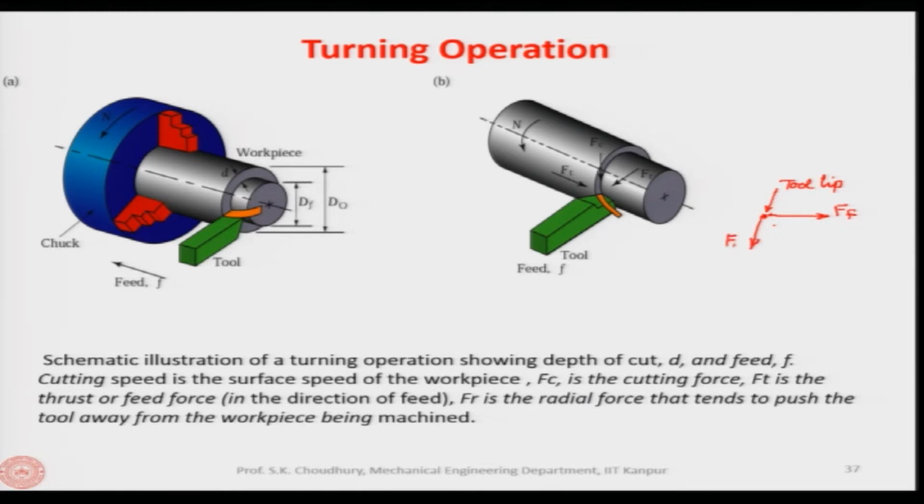This is F r, and the resultant force in the horizontal plane is called the thrust force. So, the thrust force becomes equal to the square root of F r square plus F f square. F r once again is the radial force and F f is the feed force. Now, if you draw a parallelepiped, for example like this,